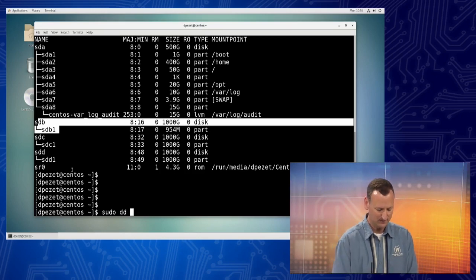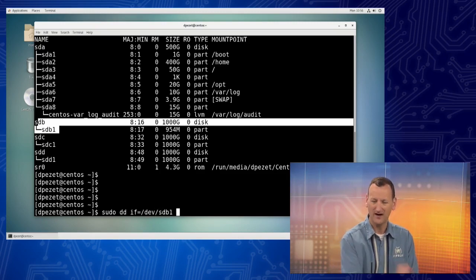So I can use dd. You specify an input file. So I'm going to say if equals, and I'm going to point to /dev/sdb1. Okay, I want to grab that partition. And then you specify an output file, of. And I'm going to point to